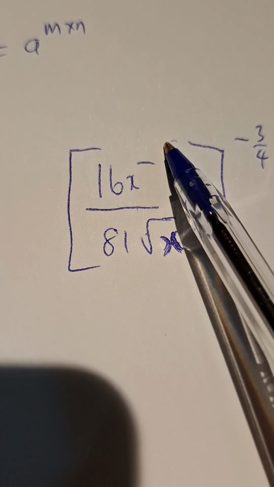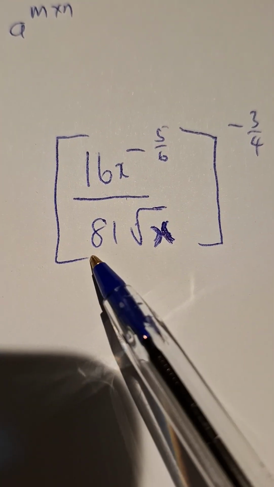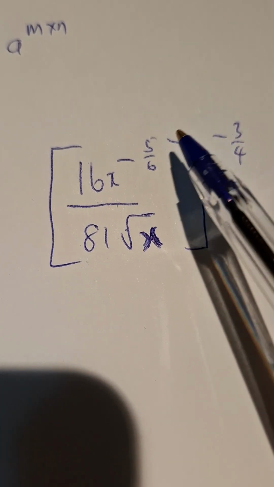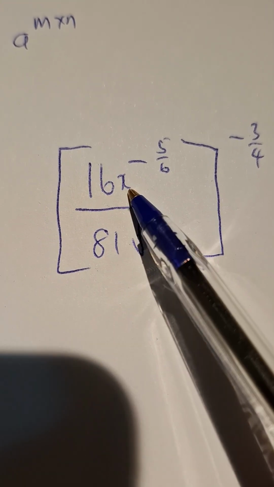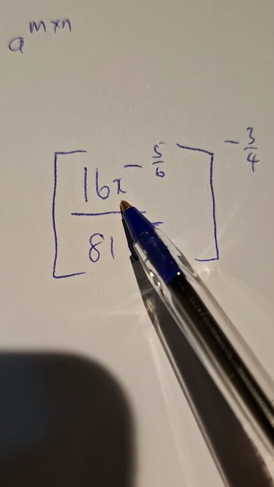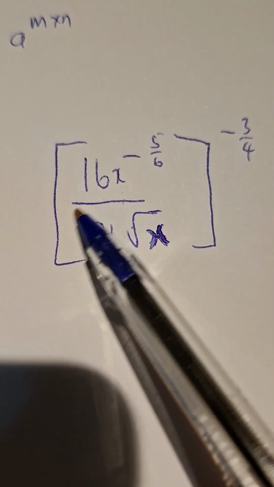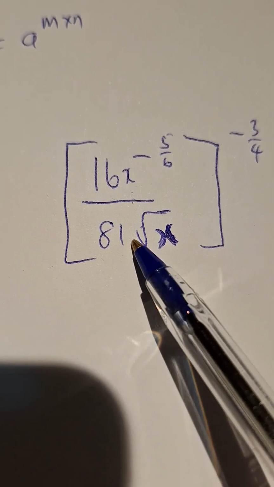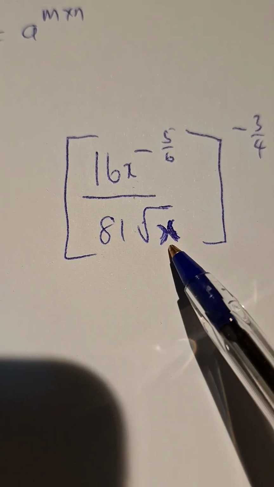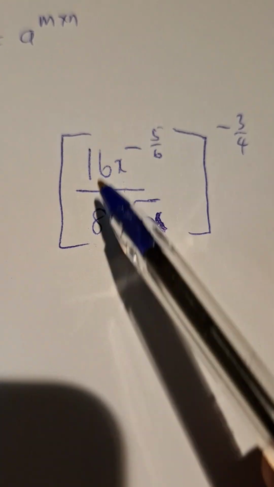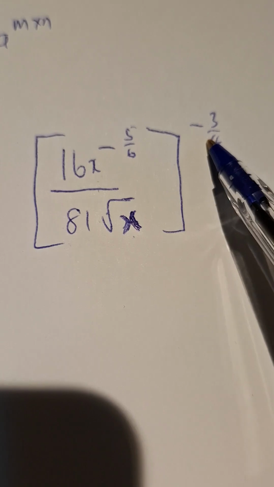16x to the power negative 5 over 6 over 81 square root of x, all in brackets, raised to the power negative 3 over 4. Now once again, the relationship between 16 and x is one of multiply, and then this is a division line. 81 has a relationship with square root of x of multiplication. So there's a relationship of multiply and divide between the bases, and then there's a raised to the power